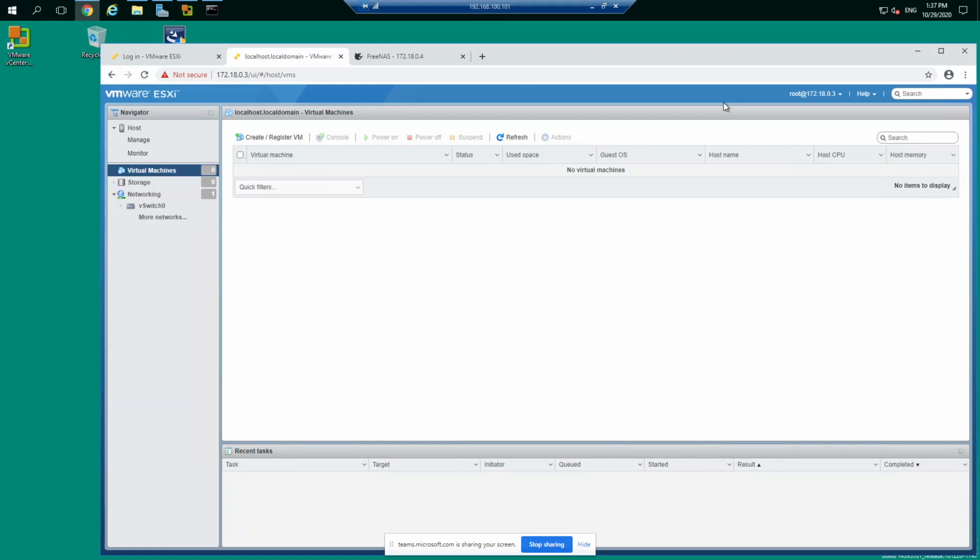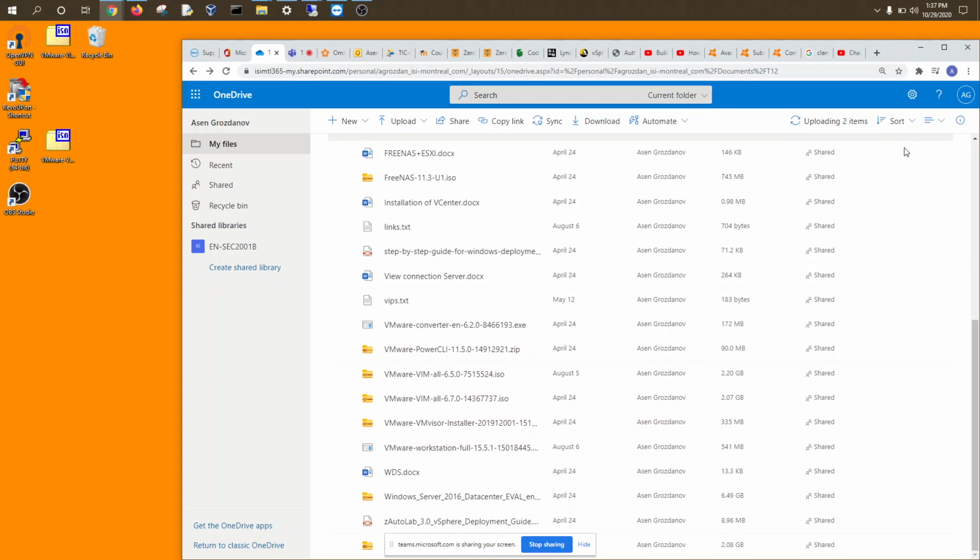And the other person will do the same on the second host, because the second user is working on the second host. But then you will increase, and I will show you how to do it, your memory up to 8 GB, because the vCenter we're going to use will use 8 GB of RAM. By the way, once again,